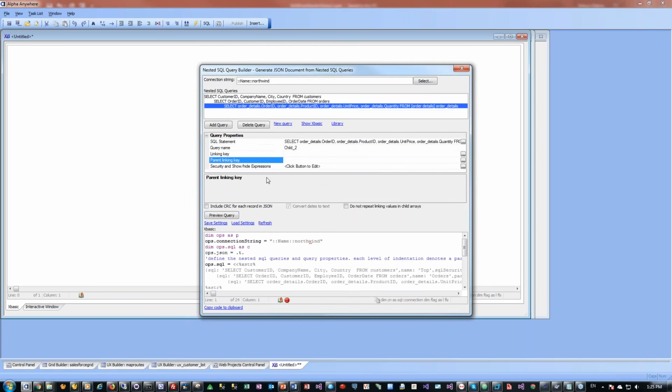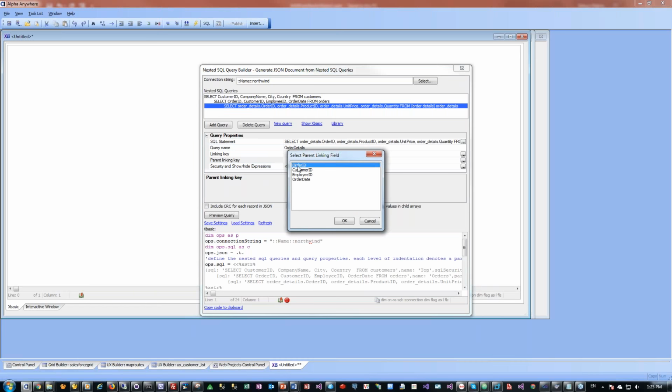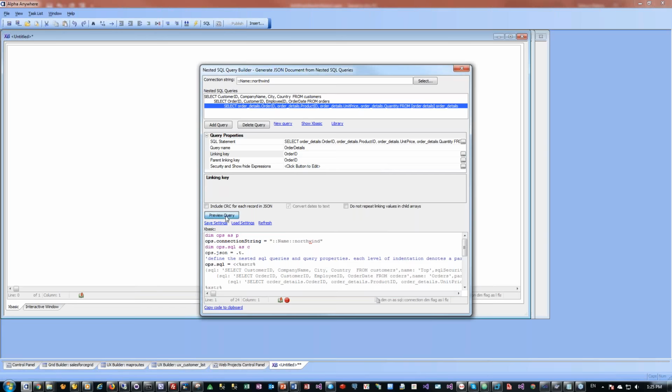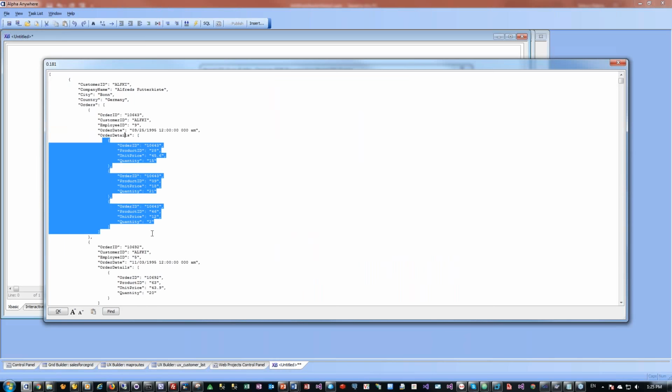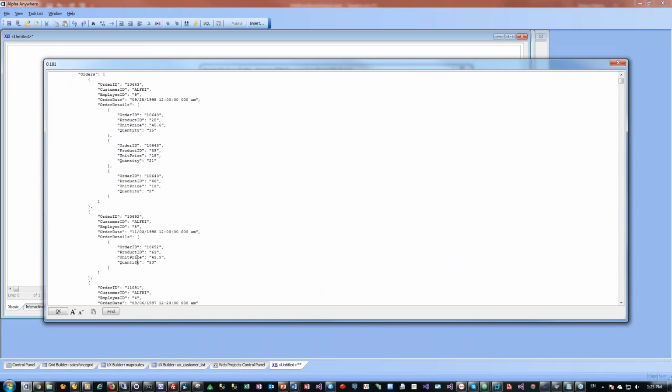And then we'll call this query, say, order details. And this time we're going to be linking on the order ID field. So go there to order ID, hit preview, and you can see now we have the customer, we have the first order, for this order we have these line items, then the next order has one line item,